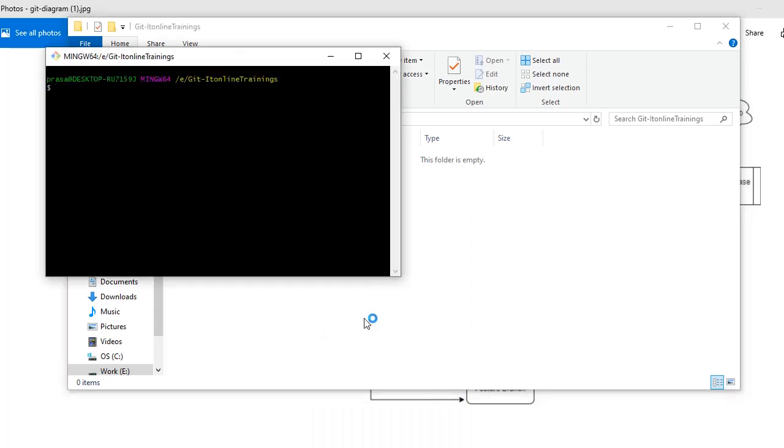Here we need to sync up my email ID with this Git. To do that, we have a command: git config --global user.email, and within quotations you need to provide the email ID with which you have created this Azure DevOps account.